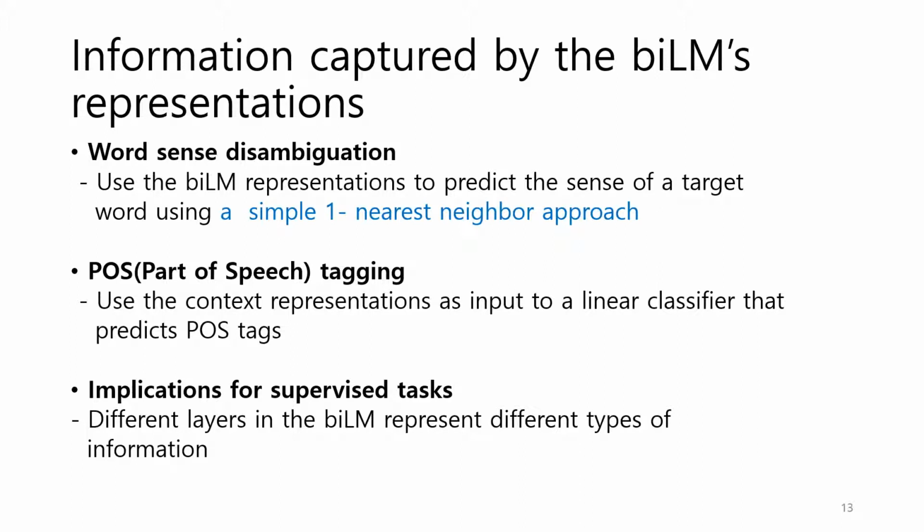And for implications for supervised tasks, this experiment confirms different layers in the bidirectional language model represent different types of information and explains why including all bidirectional language model layers is important for the highest performance